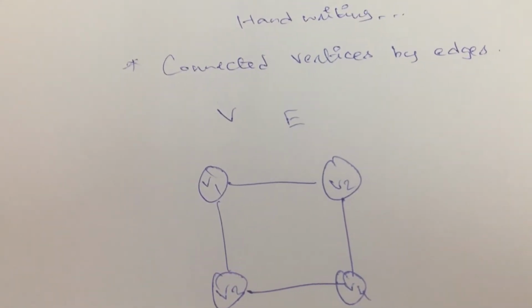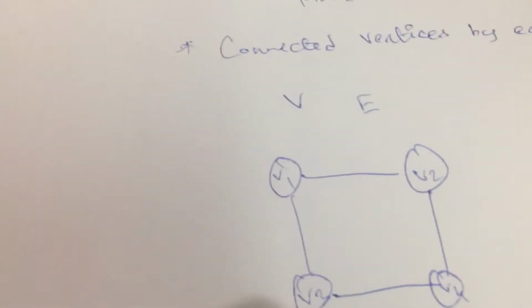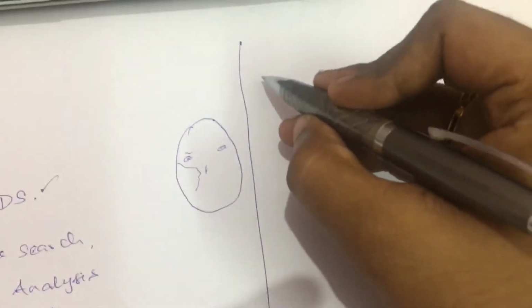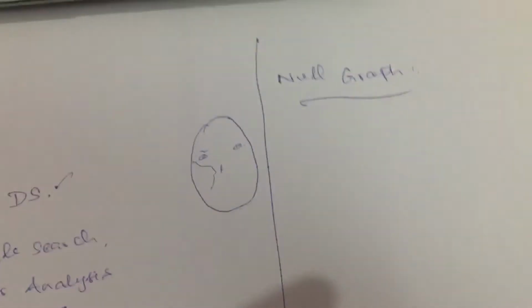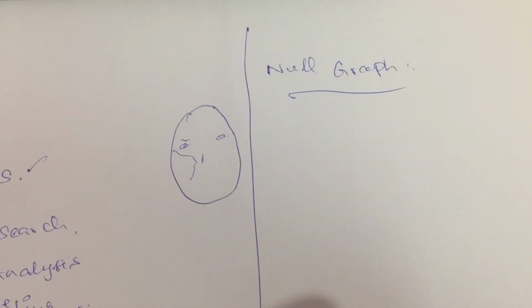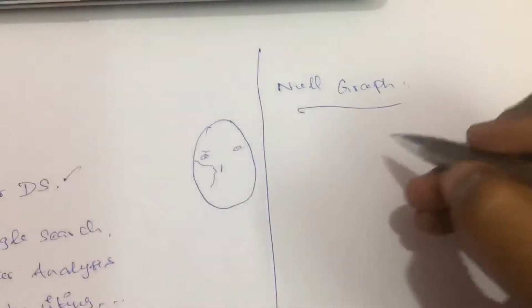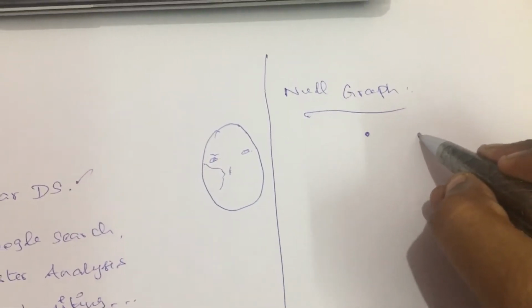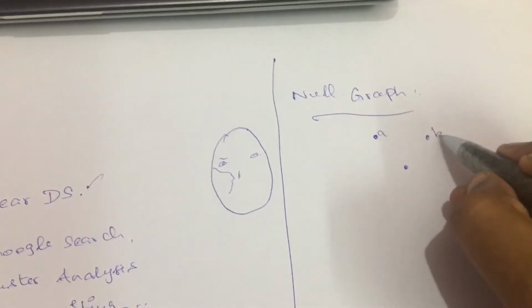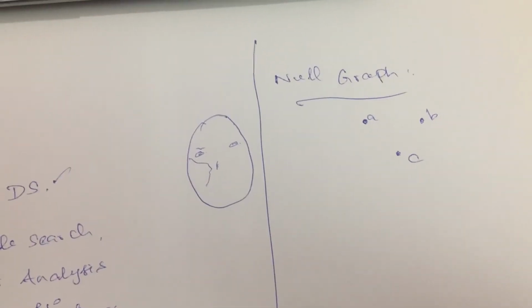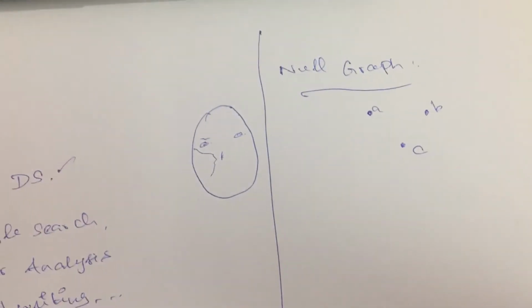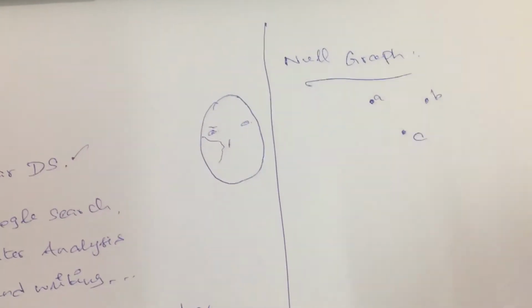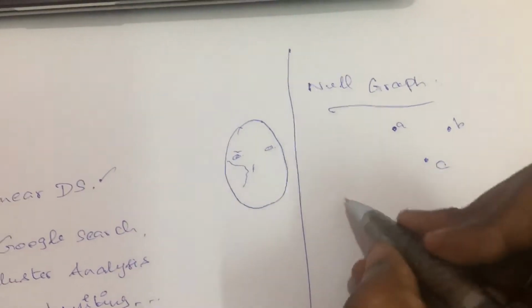And we still have a lot of types of graph. For example, the first type is the null graph. Let me write it over here. So the first example is a null graph. A null graph is one where I have many vertices, but none of those vertices are connected by any of the edges. That constitutes a null graph, right? Followed by which we also have something called a trivial graph, right?